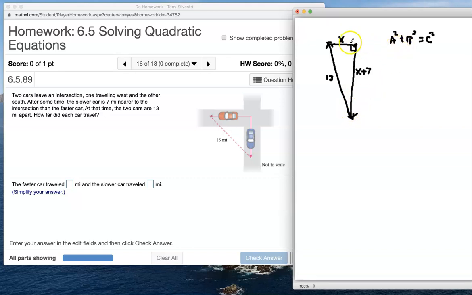So a and b would be the x and the x plus 7. It doesn't really matter which one you have for a and b. And c is the long side. They call the long side the one opposite the 90-degree angle. The long side is 13. And so what we're going to do is take, we'll call this a. We'll plug in x for a. We need to square it. Then what we've got to do is take x plus 7,